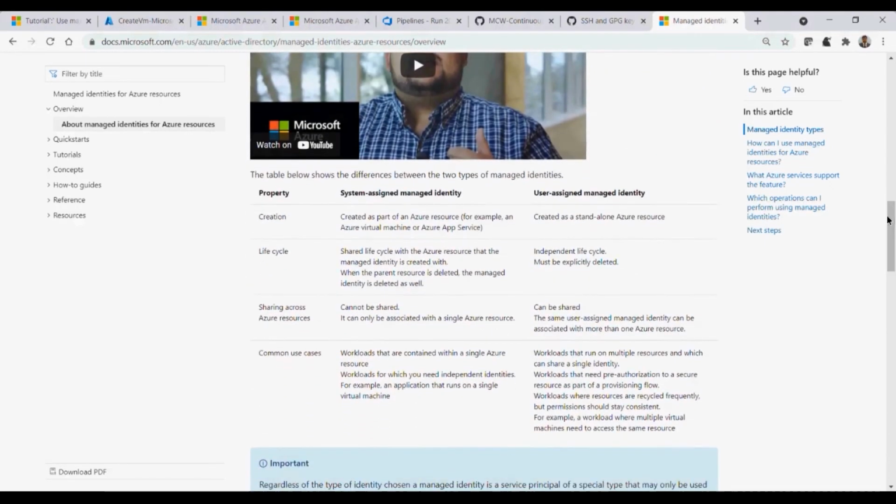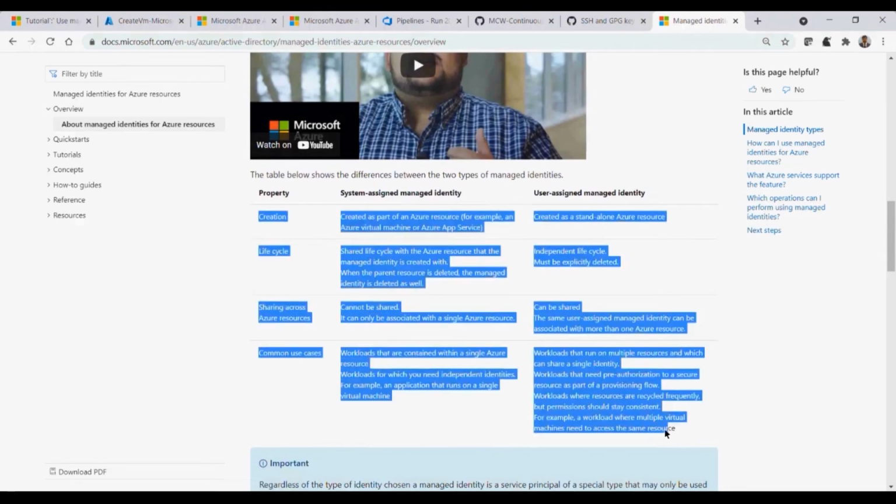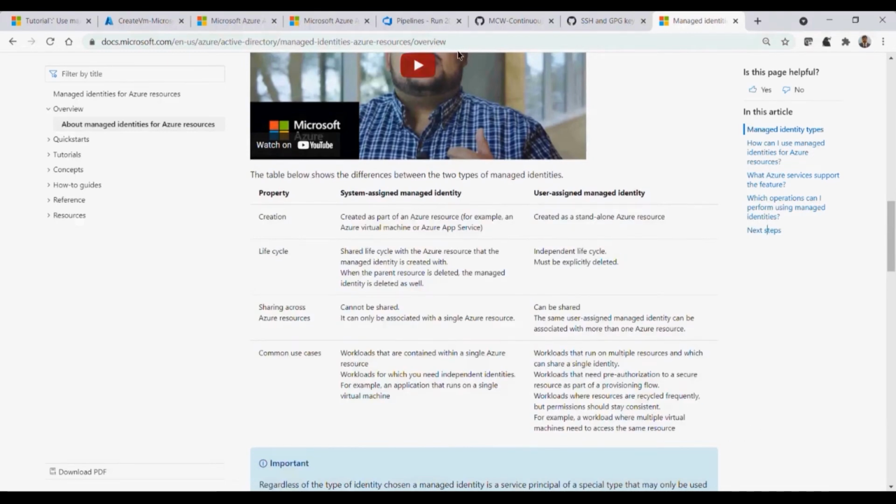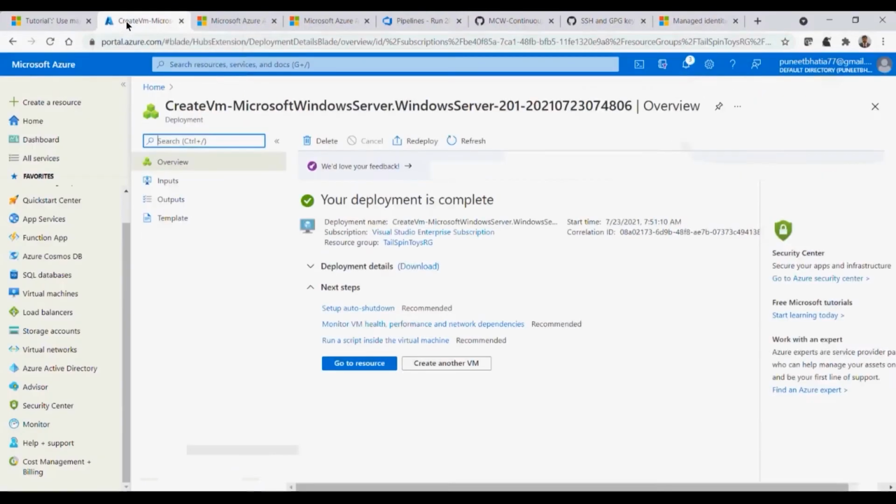Okay, here are a few differences, and you will definitely get at least 2 or 3 questions around it. I'm pasting it in the chat window. Right, so when you create it, we have to select the resource, for example, virtual machine or app service, created as part of the Azure resource. As I've shown you, I just created